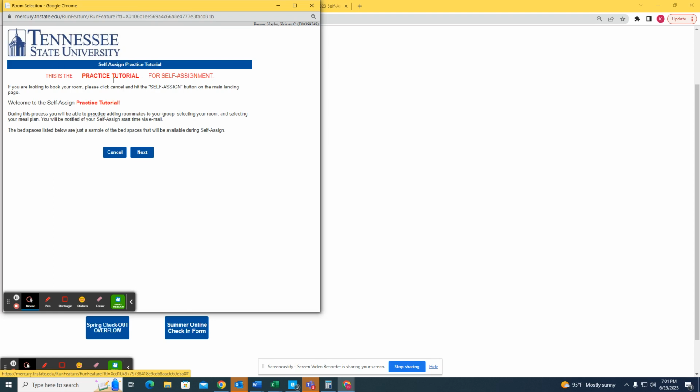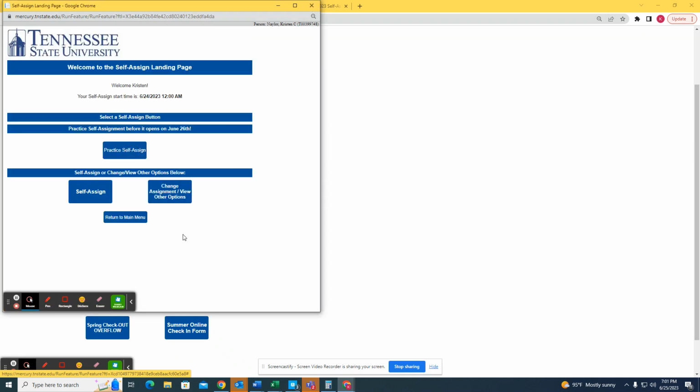So this is why you really do want to read this first screen carefully and make sure that you haven't accidentally clicked on a practice tutorial, because you'll never actually be able to save your room selection at this point. And actually the rooms that are shown in the practice tutorial are different than the rooms that are ultimately bookable. So we're going to go ahead and hit cancel on this and X out, because we want to do a